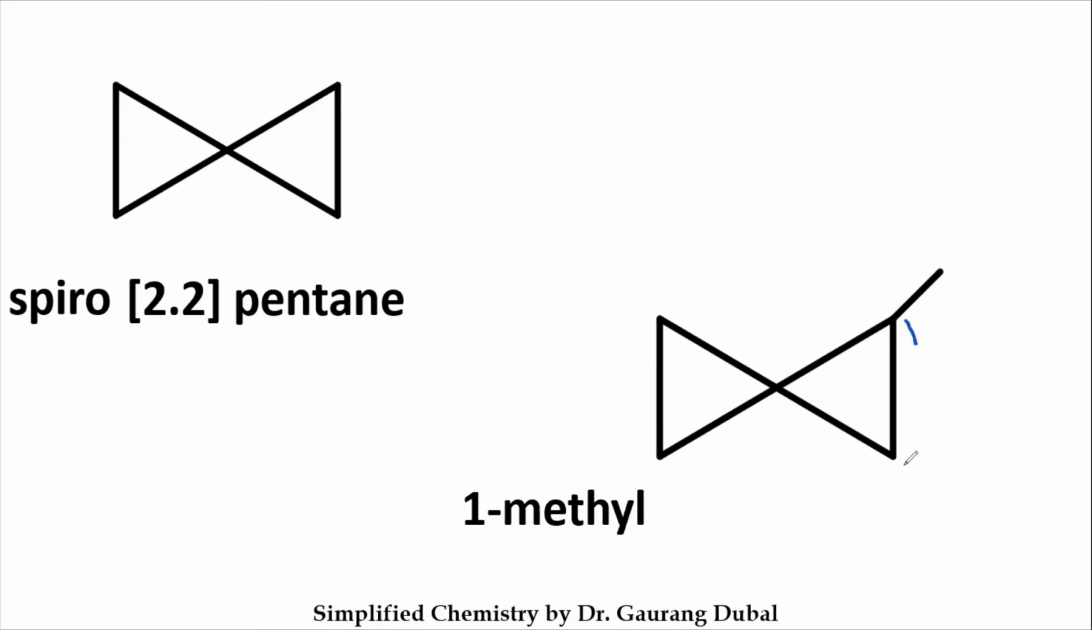Why are we writing 1? Because if I write 1 there, the 2 number will come here. That is the wrong nomenclature. So 1 here, 2 here, 3 here, 4 here, and 5 here. That is the correct way of numbering, right? Now, what should I write? I should write first the substituent on one position, then